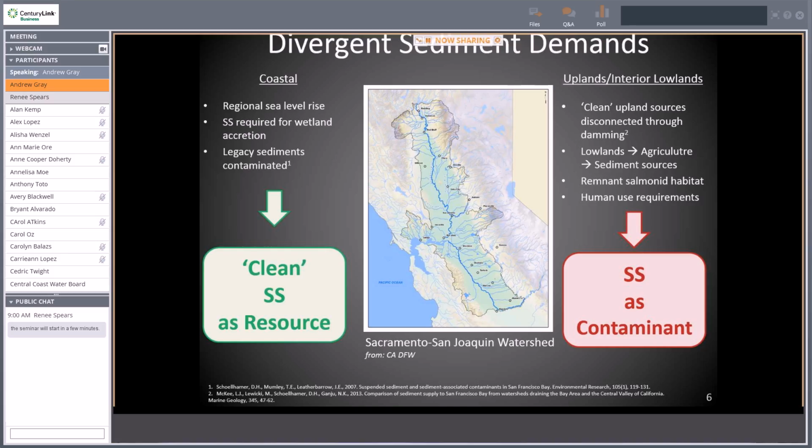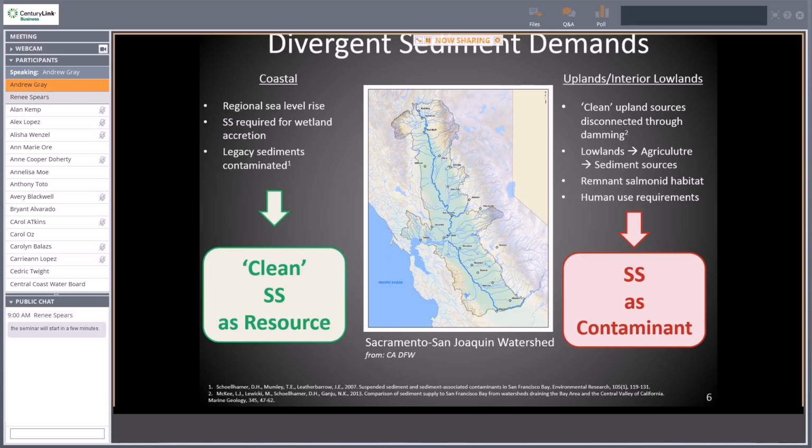And oftentimes that takes place these days at different parts of the same watershed in the same system, or also you can have competing roles of suspended sediment within the same reach of a given system. So here, say, in the Sacramento-San Joaquin watershed, if you get down into the Sacramento-San Joaquin Delta and the Bay, where you're experiencing regional sea level rise, really mineral sediment, suspended sediments, are required for wetland accretion in most of these kinds of systems. There's also a long issue of legacy sediments that have been contaminated with fairly recalcitrant sediment-associated contaminants